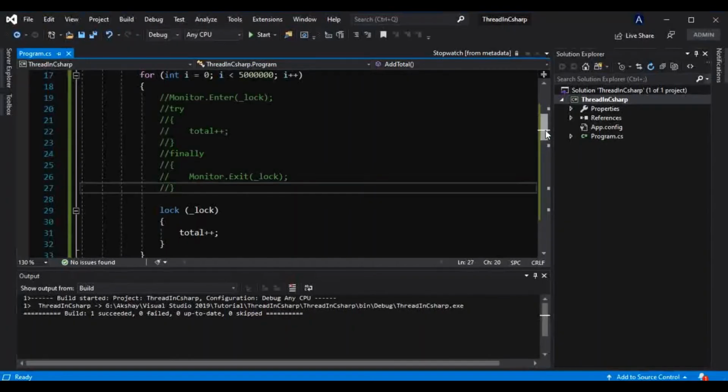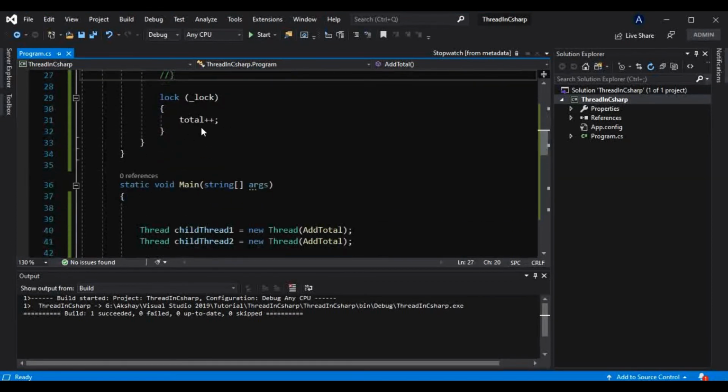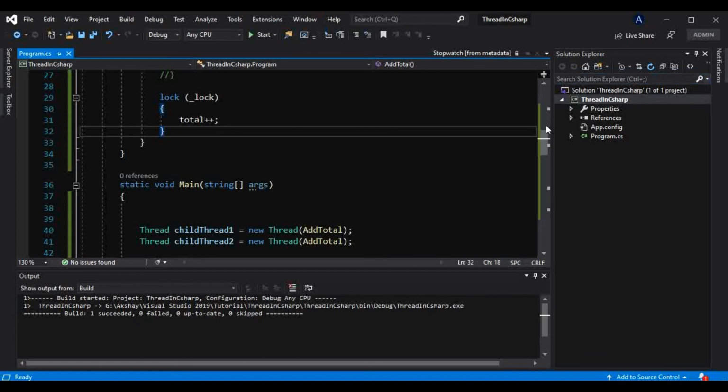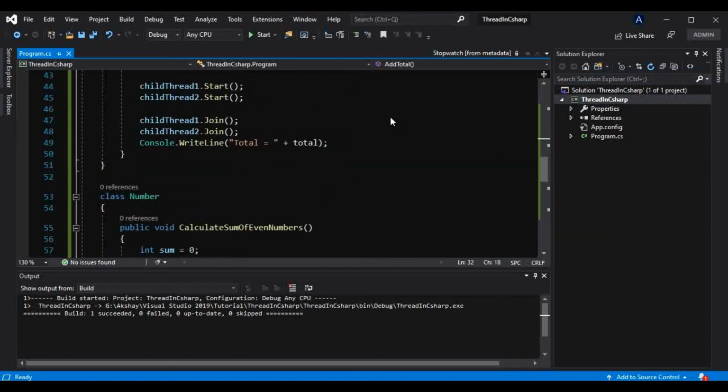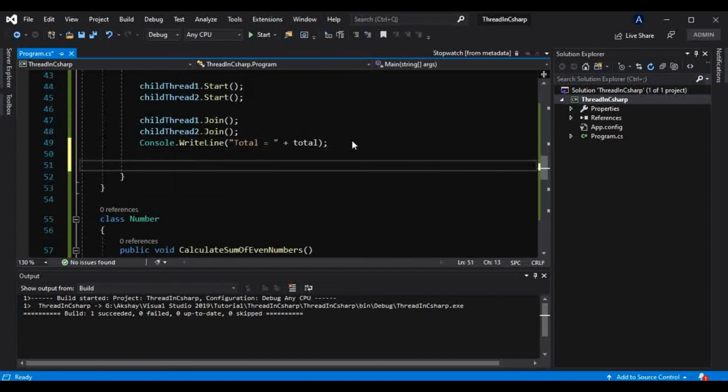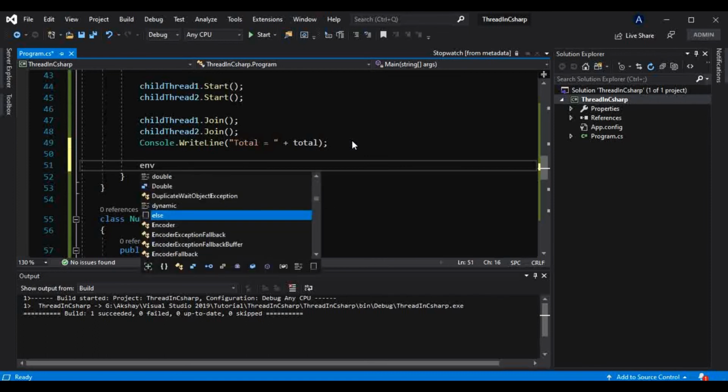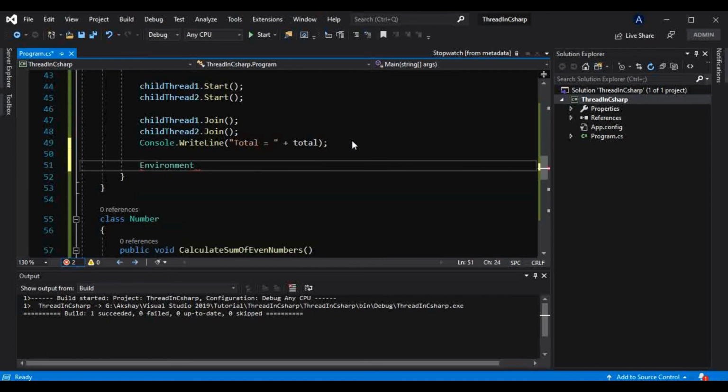Okay, here there is one class, that is Environment, and in that Environment class there is this ProcessorCount property which will return the number of processors our machine has.